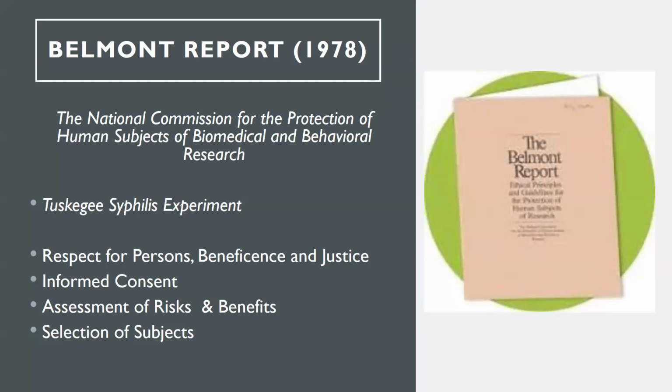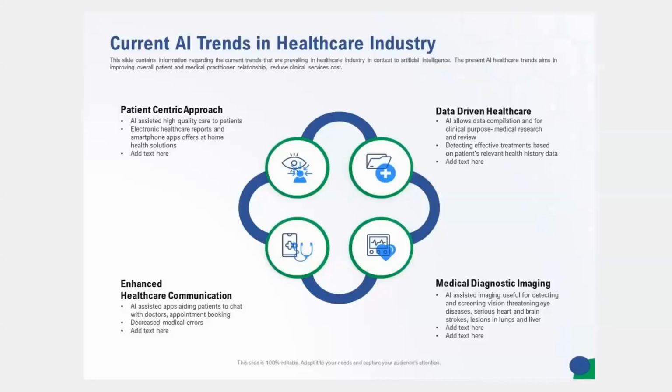But this got into respect for persons, beneficence, and justice. So this is the first time that you actually see justice play a role, because of Tuskegee. And then you have informed consent, assessment of risks and benefits, and selection of subjects. This is also the first time that you see selection of subjects, because obviously it goes back to undue coercion. For Tuskegee, they didn't know what they were becoming a part of. They didn't really consent. They had low health literacy. How are we going to purposefully and intentionally recruit participants and ensure they know what they are getting themselves into? And then hide results, right? So you know about clinical trials and not telling them about things.